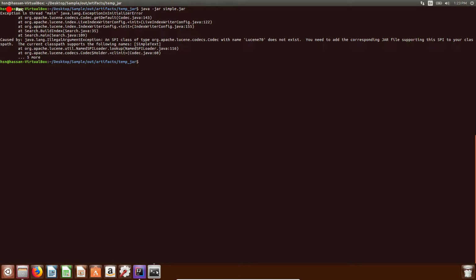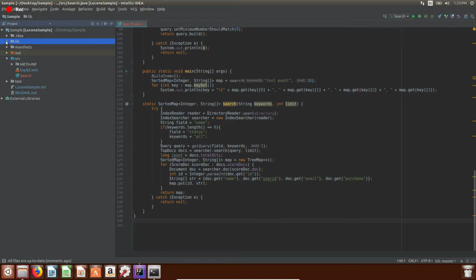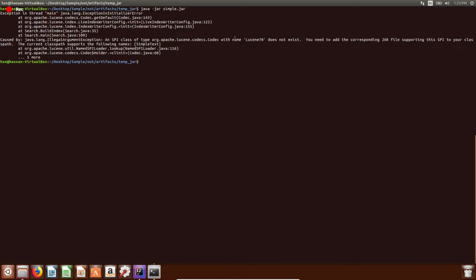So now I got a naive solution. For me, it's a naive solution to solve this error. First, let's go to the library. It's saying that org.blah blah blah with name Lucene70 doesn't exist. So